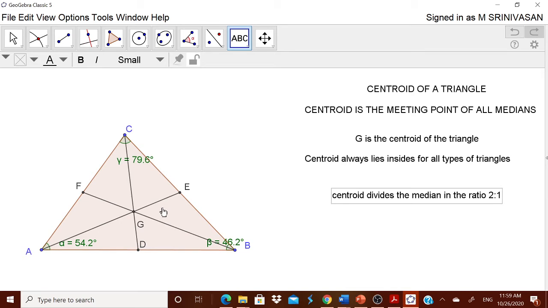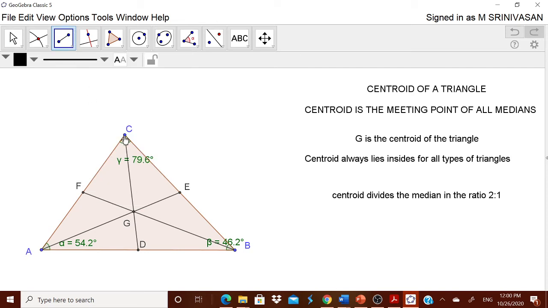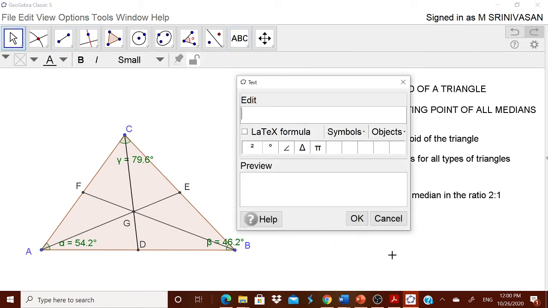Now, for that, what do you need? You need CG and you have to compare it with GD. For example, I'm just taking one of them which is very clearly visible to me. Therefore, go to this segment. First, take the segment CG. Leave it. Then take the segment GD. Now you declare over here that I know that CG to GD should be equal to 2:1. It is having some value.